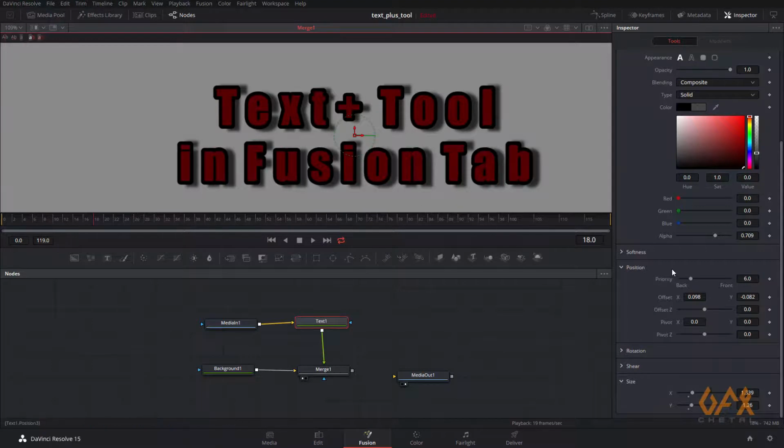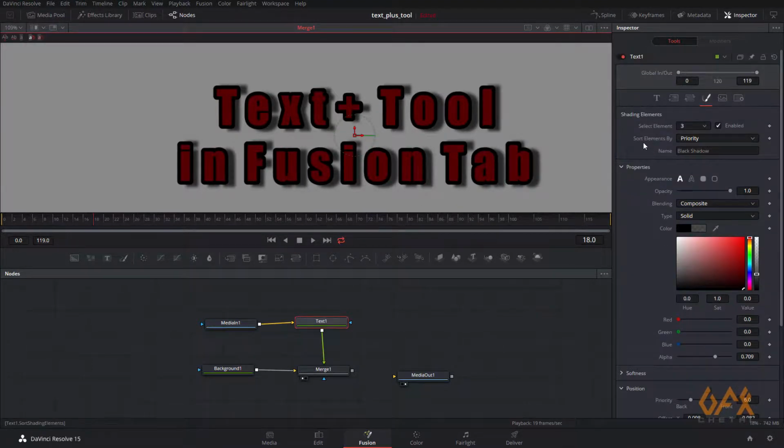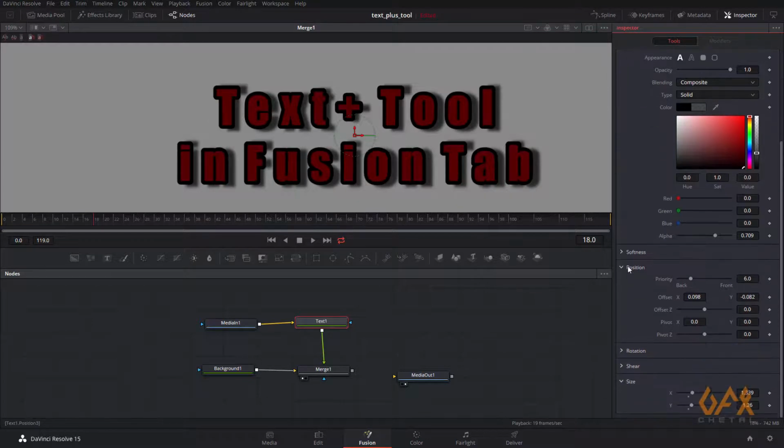Okay, so now I talk about this sort element by priority. So here the element is based on priority. For example, right now I am working on element number 3. And if you see over here in position, here one option is that priority. So higher number sets front priority and lower number sets back priority.